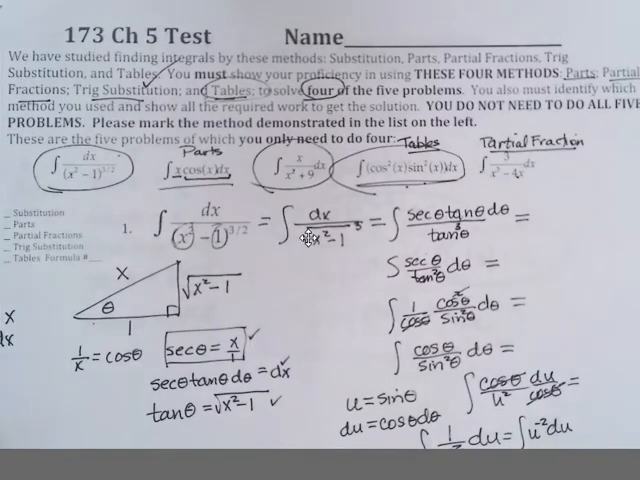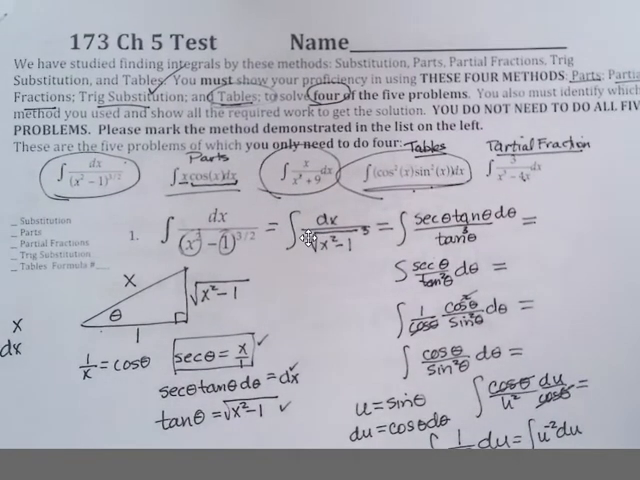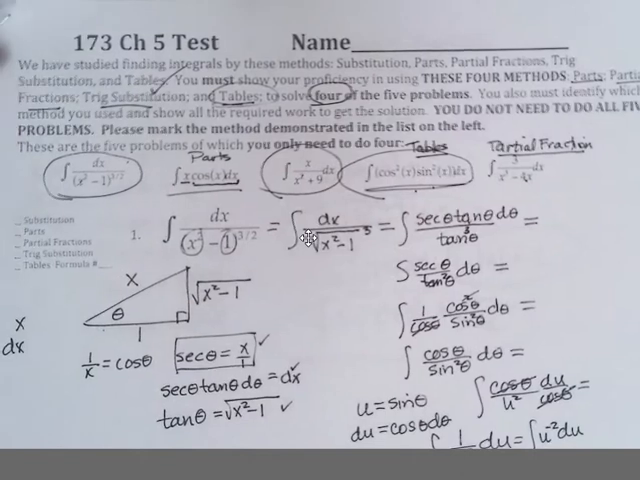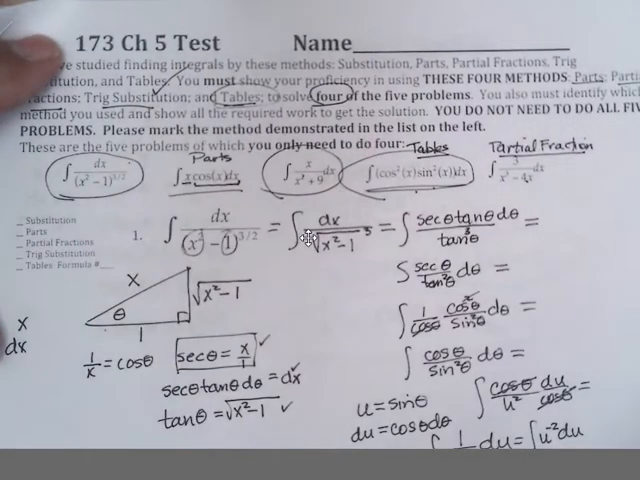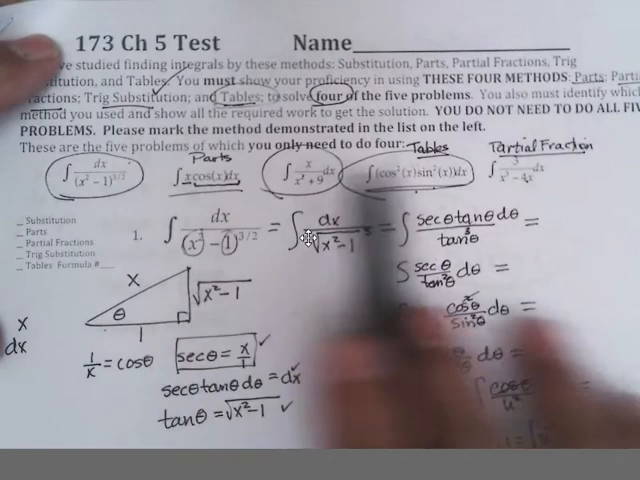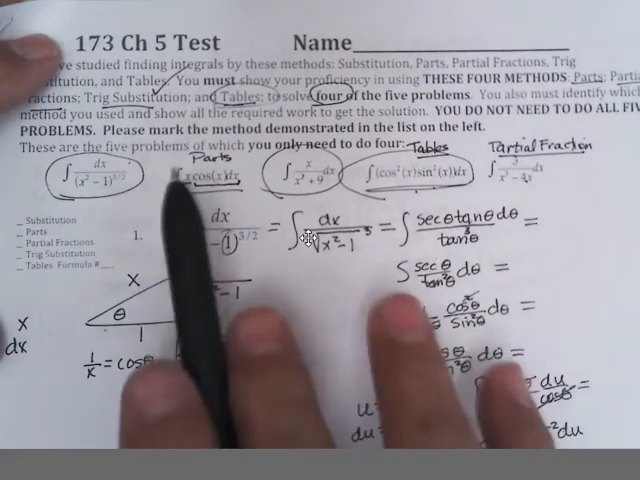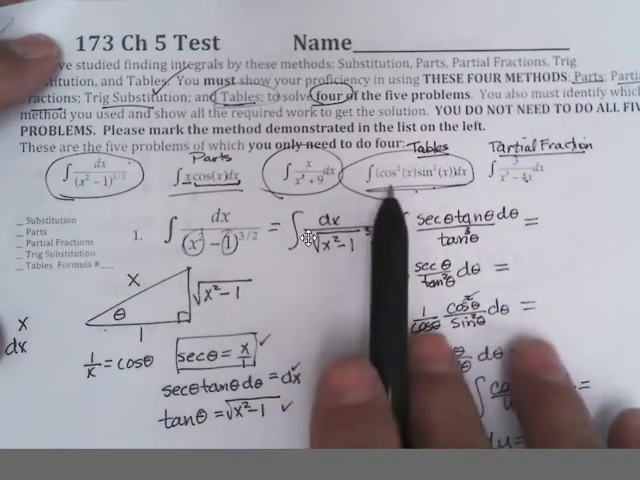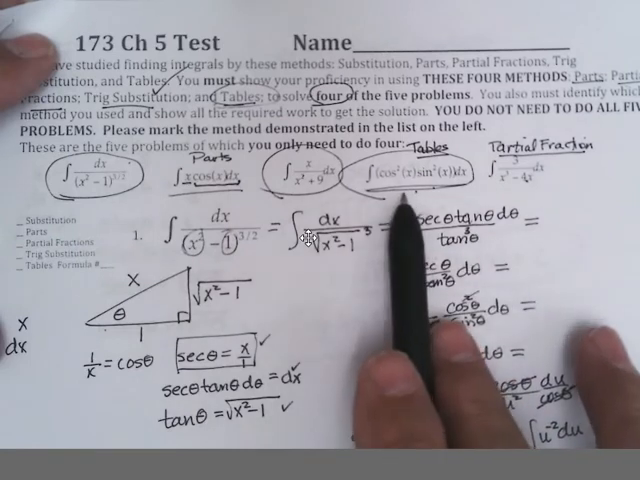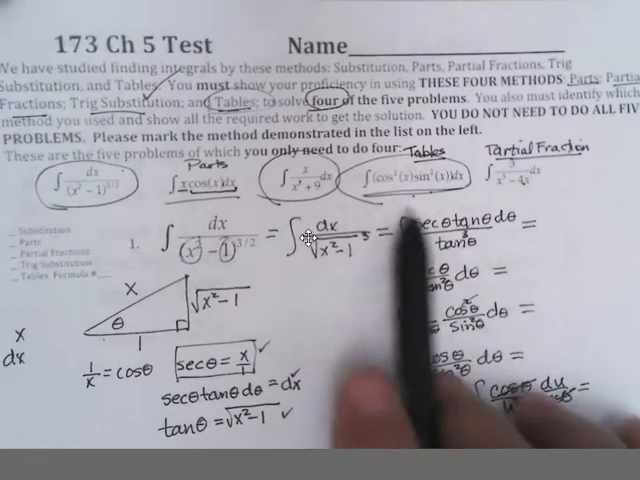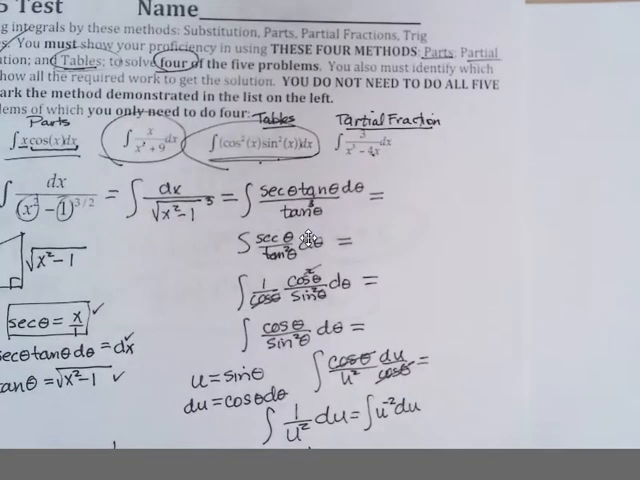So now I'm back from my class, and let's finish up going over the sample tests, or not the sample test, the actual test, chapter 5. I've already talked about doing integration by partial fractions, by parts, and by trig sub. We have one left to do, and that's by tables, and that happens to be the fourth one. So I'm going to go to problem number 4